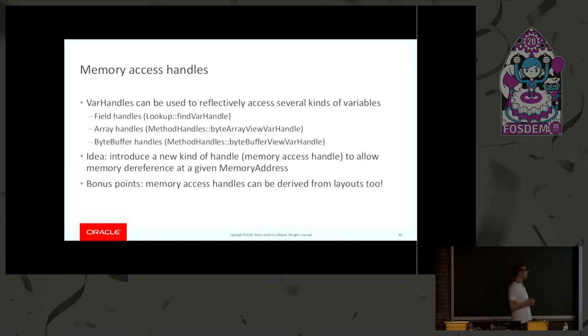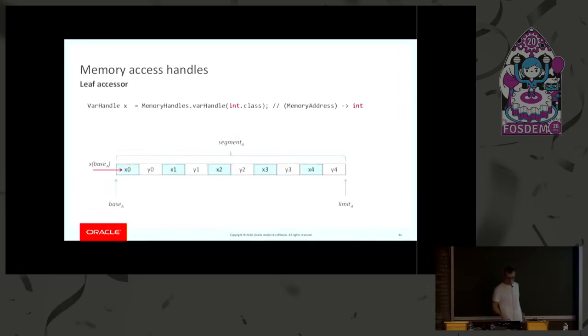And the second bonus point is that if you are using memory layouts, you don't have to do anything particularly fancy in order to get this variable. You can just ask the layout API, give me the variable for accessing that field, and you will basically get it. So if we want to see how this variable works, there is a factory inside the memory access API that allows you to construct the variables by hand. Typically, you won't have to do that because, as I said before, you will derive the variables from the layouts. But let's say that you want to go through the process and create the variables bit by bit.